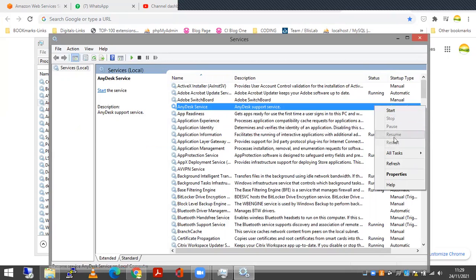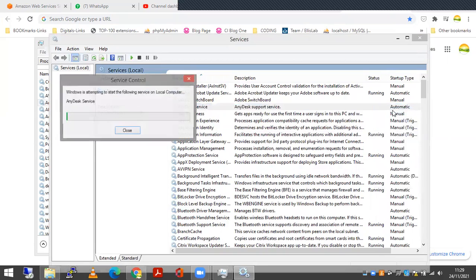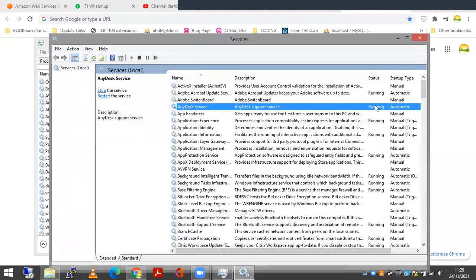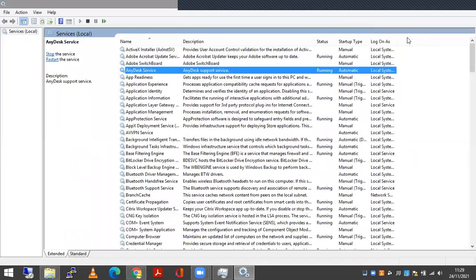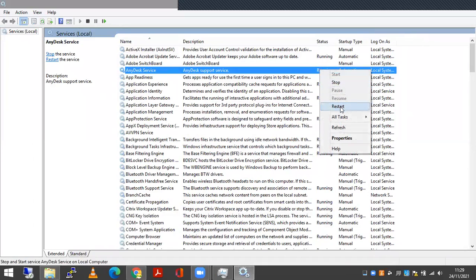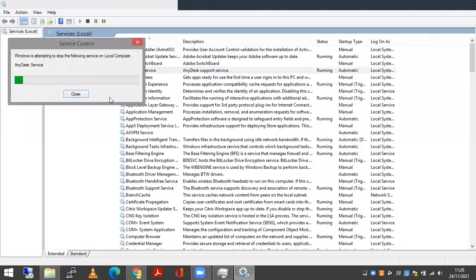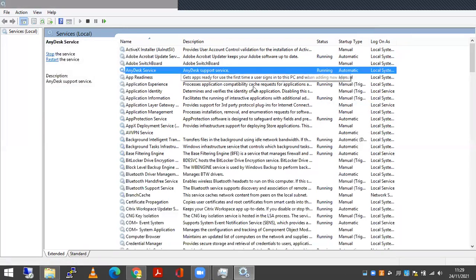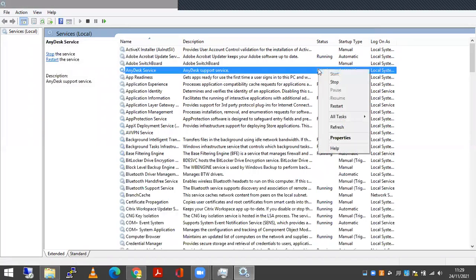If this is in running condition, I'm starting this. Now if I want to restart this, I'll right click on this and click on Restart. So this is now restarting the process. Also, for all tasks related to this process, you can give commands from the All Tasks option.